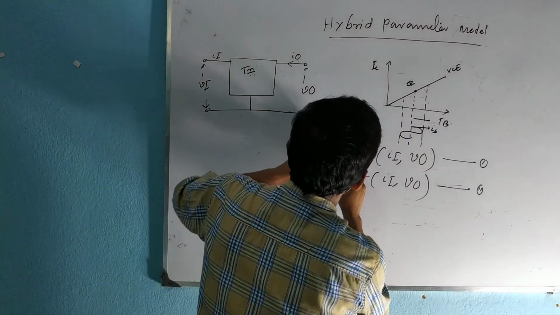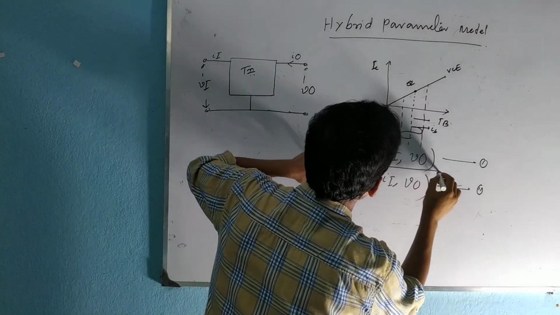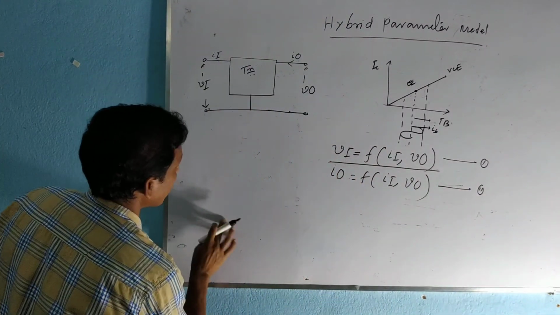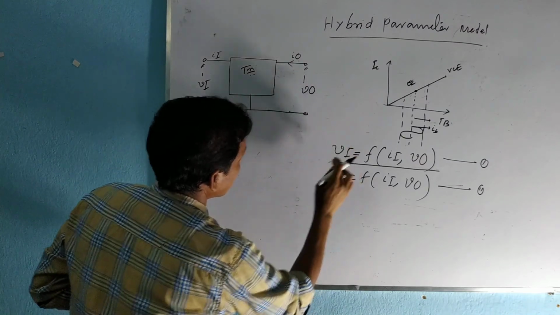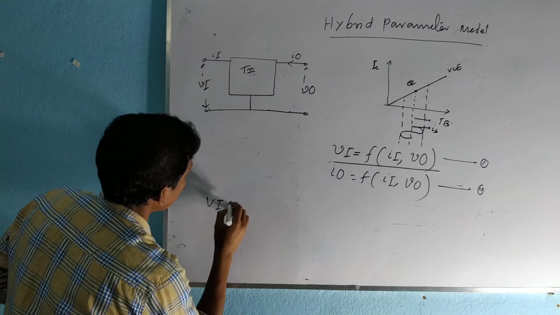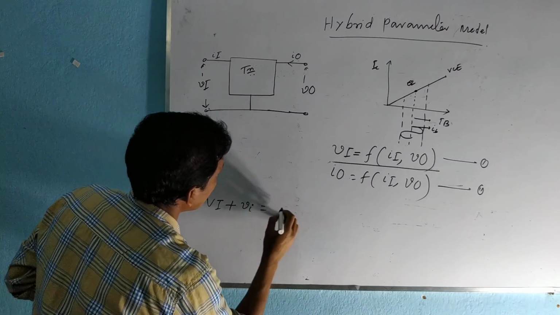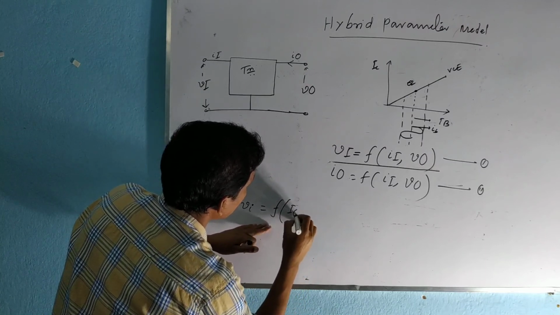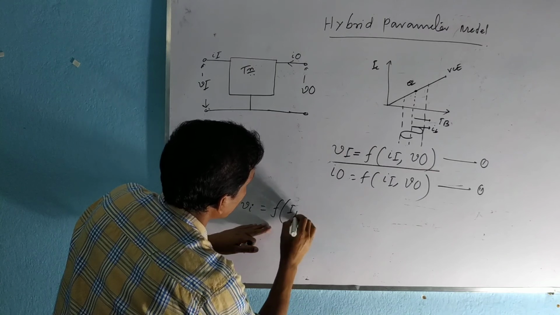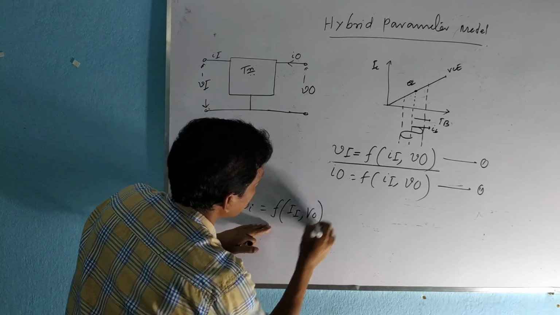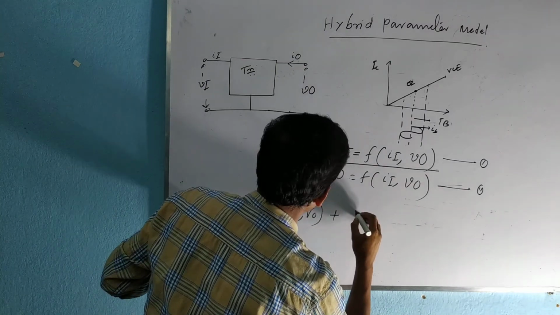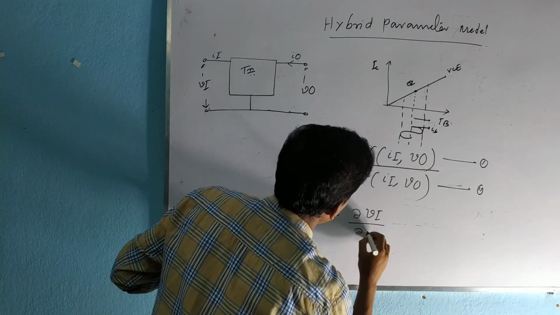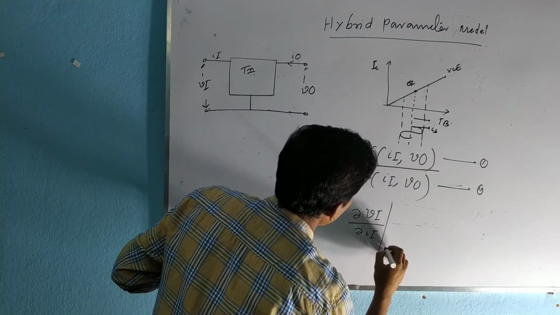If we expand it about the DC operating point, so Taylor expansion of the input voltage can be written as: this is DC value plus AC value, this is equal to the function at the DC operating point. So this can be written as V_i = f(I_i, V_o) about the DC operating point plus first derivative of the function, that is, delta Vi by delta Ii,